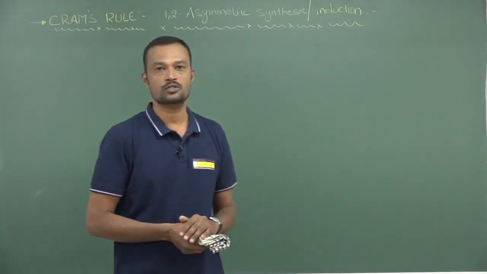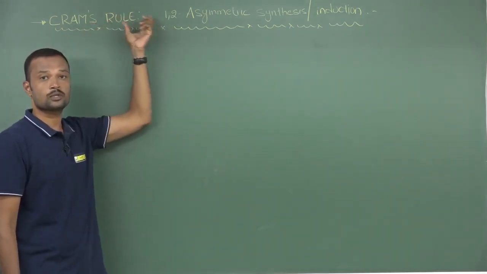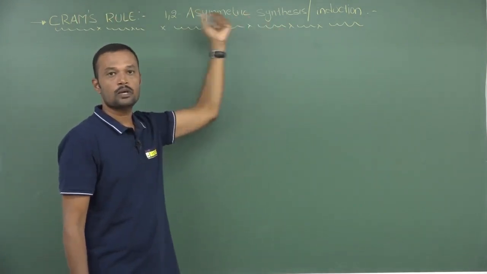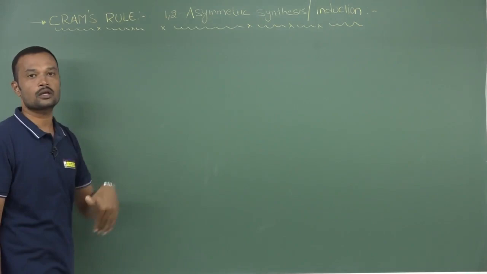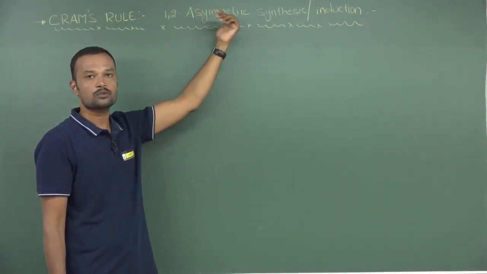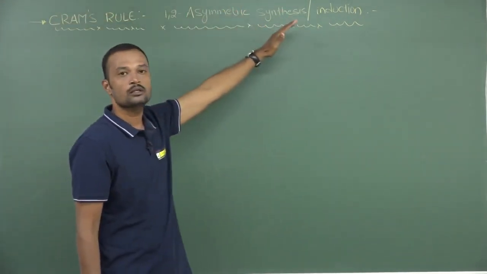So in this particular session, we are going to discuss completely about asymmetric synthesis, the major concept, that is Cram's asymmetric induction, also called Cram's rule. The major importance of asymmetric synthesis is that it is used to generate a chiral center. That chiral center is going to be initiated by following Cram's asymmetric analysis. So what actually is Cram's synthesis going to suggest?